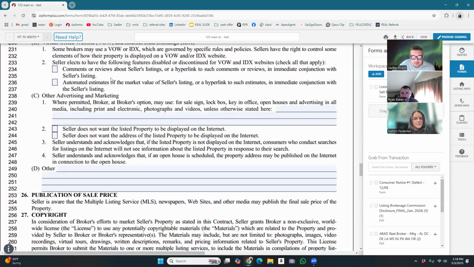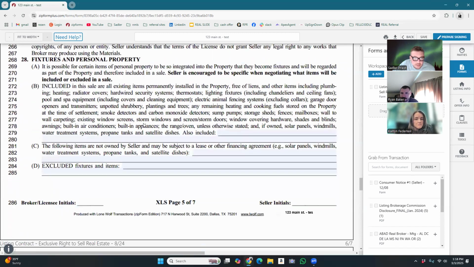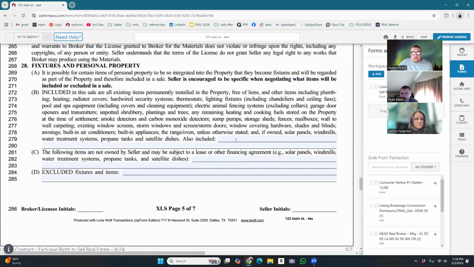This is just if they get weird and they don't want it on the internet. I don't want the address listed or property displayed on the internet. You know, most of them are fine with that, obviously. This is where you get